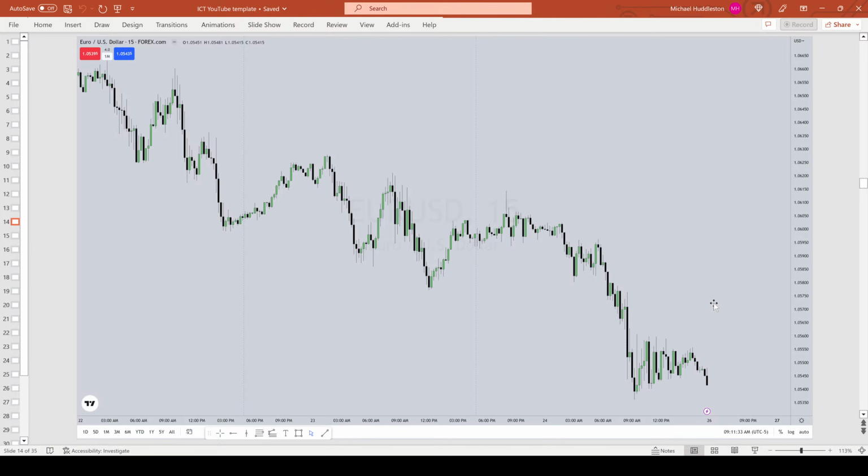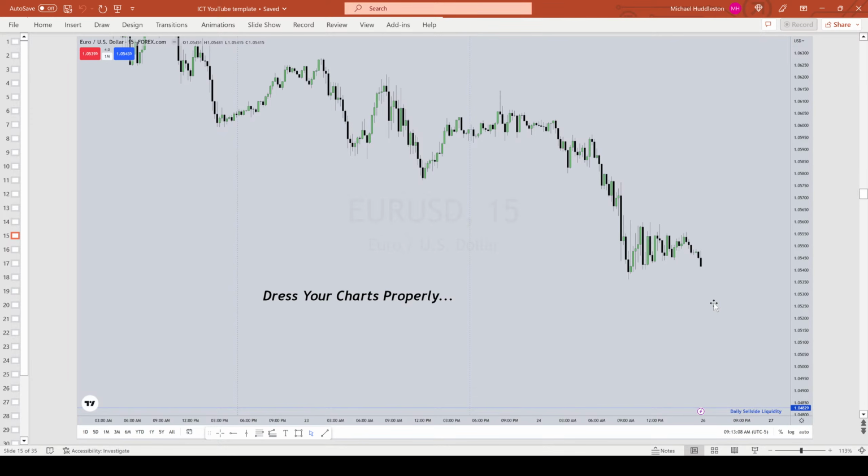So when you're doing your analysis, you need to dress your charts correctly. You need to have your levels in your chart. That way you're not looking at a chart with the skewed perspective that, oh, this looks like it's too low now. Now when I show the chart like this, you can see where I'm showing a daily sell side liquidity pool. The movement below that low is what we're expecting on the daily chart. But if you don't have that on your chart while you're watching price, you are completely clueless as to what it's gravitating towards. And you're going to be influenced by every small little fluctuation in price. So you have to dress your charts properly.